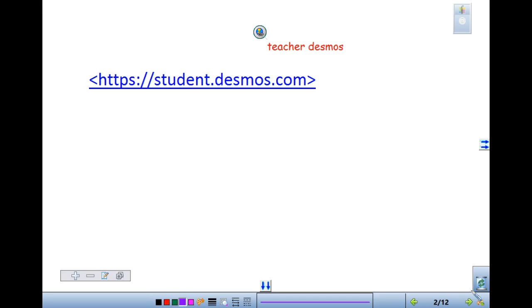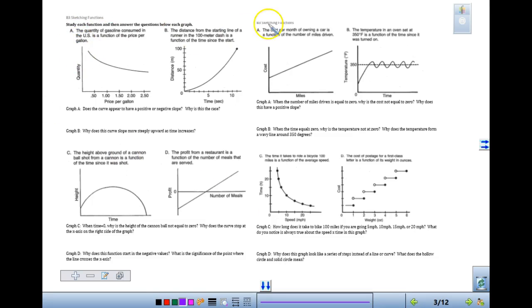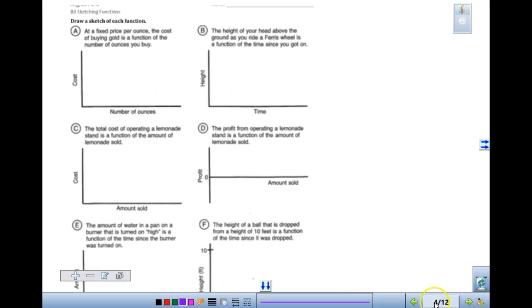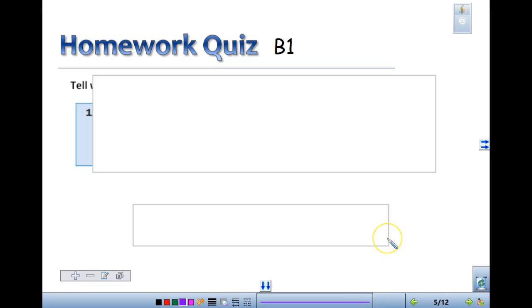What you're going to do right now is you are going to go on your device and you're going to go to student.desmos.com, okay? So do that right now. All 6, and you answer the questions, okay? Once you are done with that, you are working at B3, actually has 2 pages, and I know in the workbook it has the first page of B3, and then the second page it says B4. There's not 4 pages of B4, there's only 3. So there's 2 pages of that B3 worksheet in there, and then there's 4 pages of B4, okay? So you are doing the